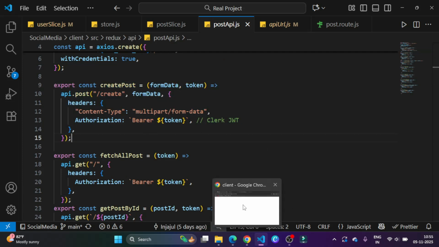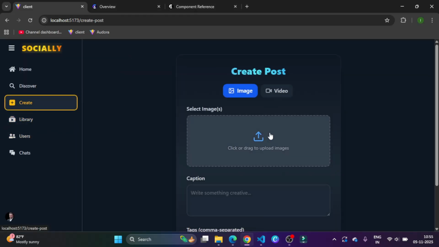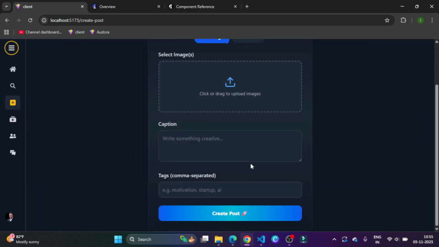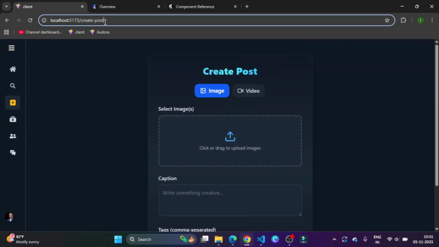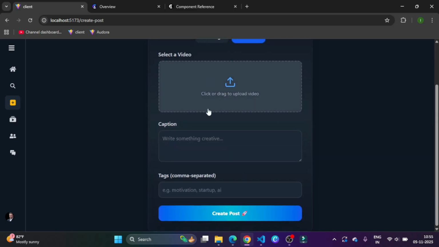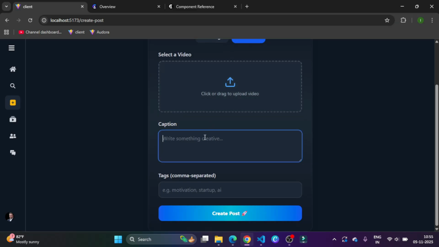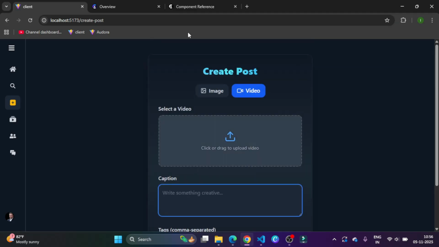So if you, this is a create, and yeah, this is our UI. Okay, so this is the create, and if you look at this is the create post, and yeah, so this is the UI. So you can select either image or video, and then caption, tag, and create post, right? So let's build,